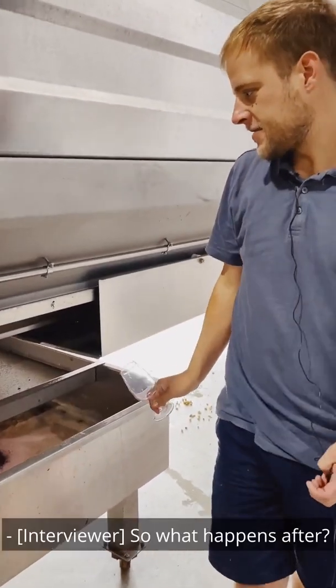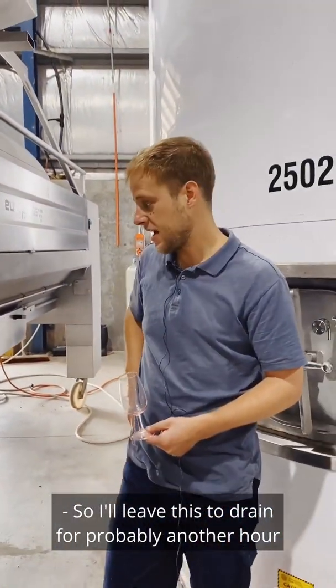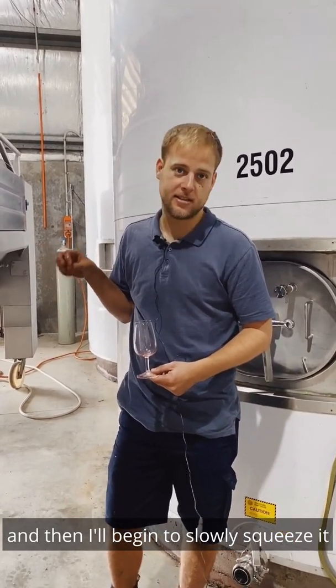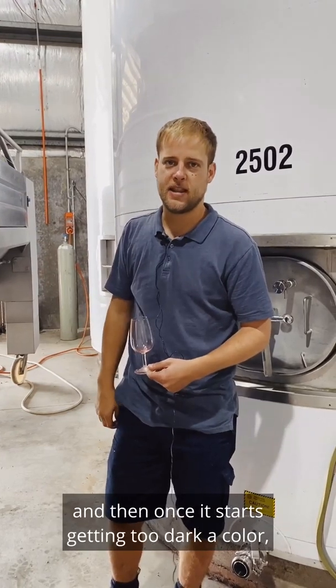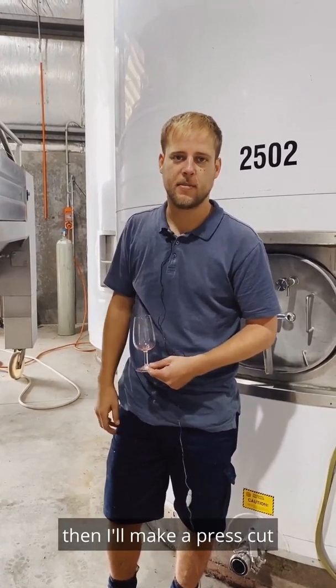So what happens after? I'll leave this to drain for probably another hour, and then I'll begin to slowly squeeze it and press it a little bit to get a bit more colour out, and then once it starts getting too dark a colour, then I'll make a press cut